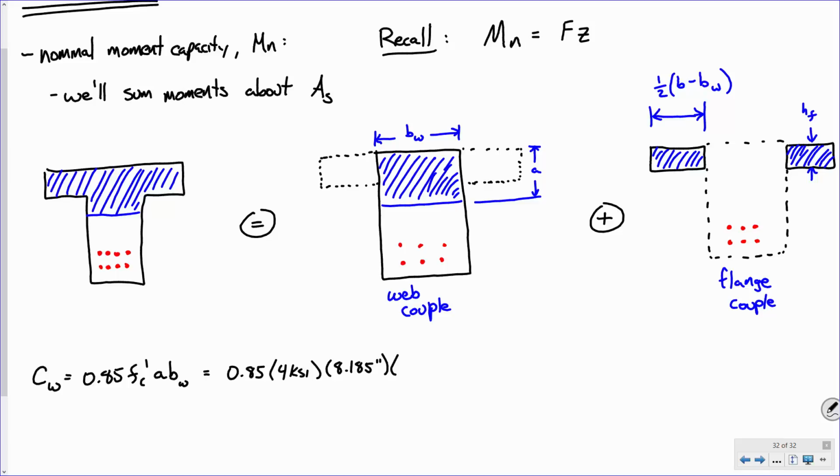And this is 14. Plug and chug, and you'll get like 389.6. All right? Now, C sub F, the